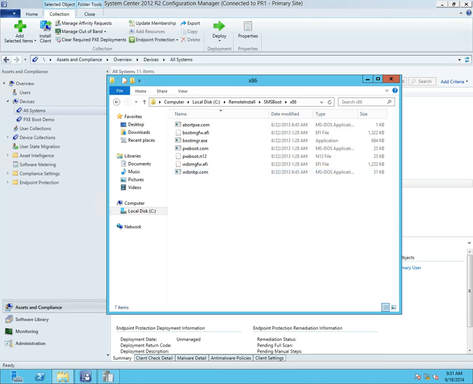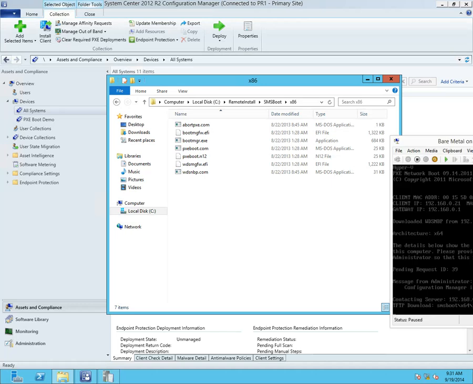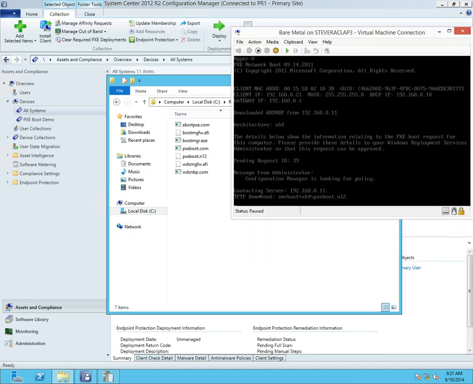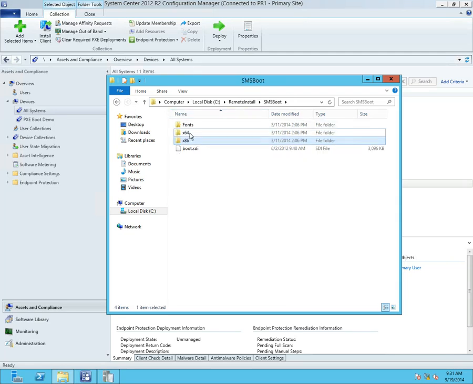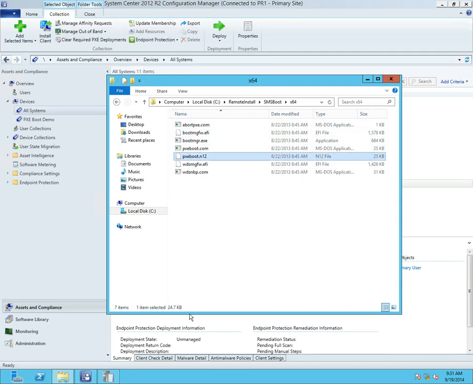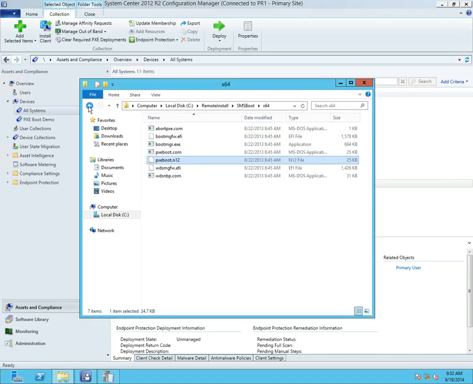So, cool. Just pulling in that screen again. So, if you notice, just to point out, right? So the TFTP download is coming from SMS boot x64 pxeboot.n12. Well, if you look, I was in the x86, but if I go to the x64, there is a file there, right? So that's what I'm talking about. These are the files that provide PXE service, right? So then we have another one there,